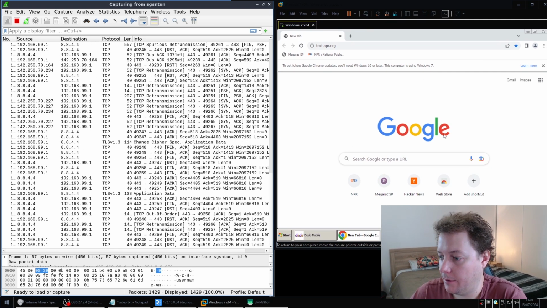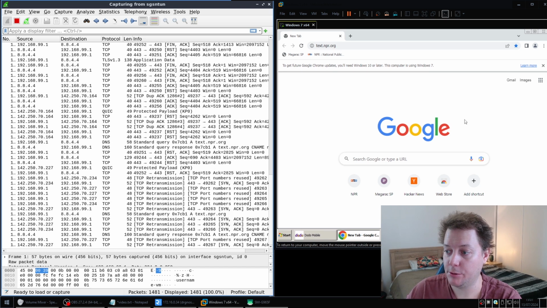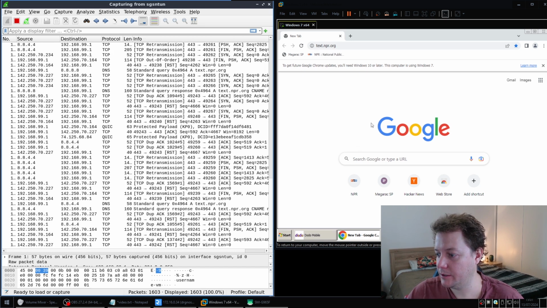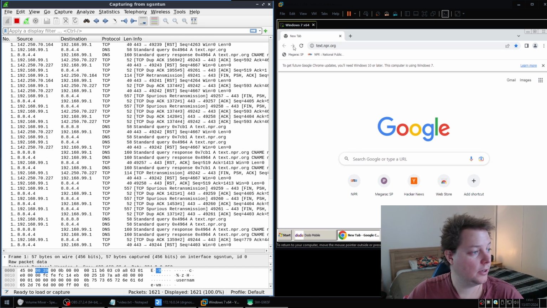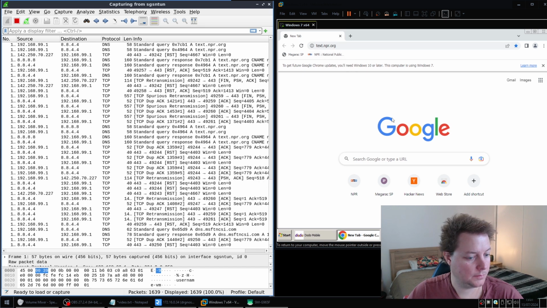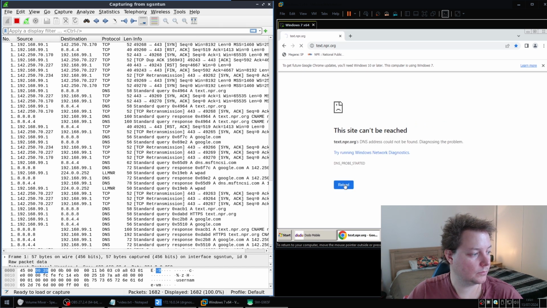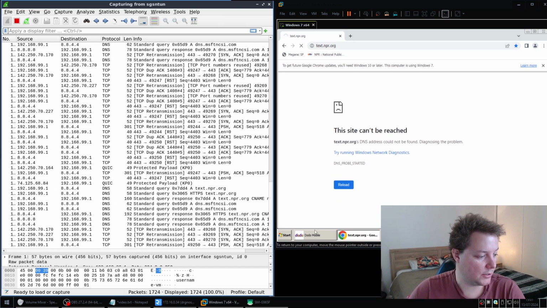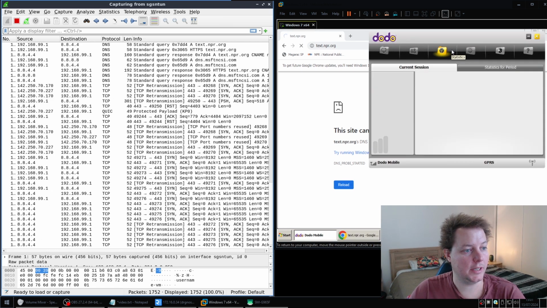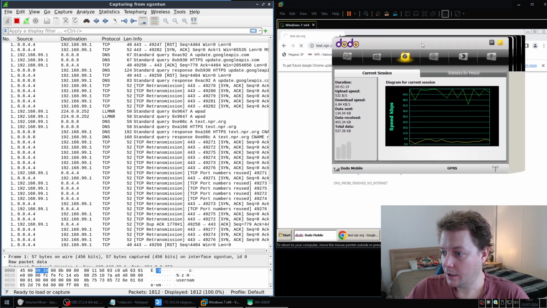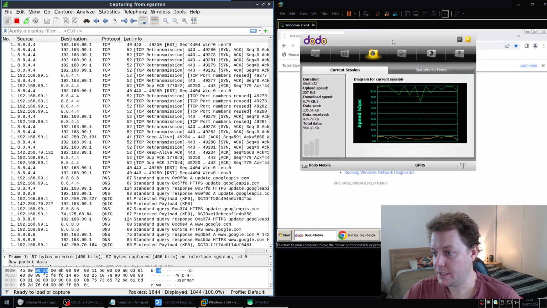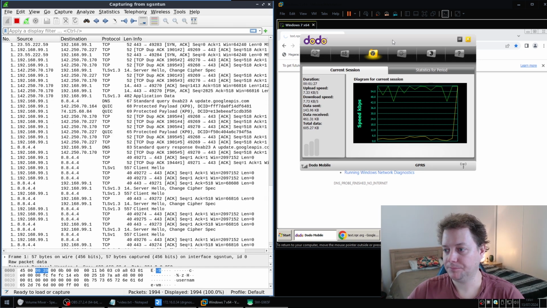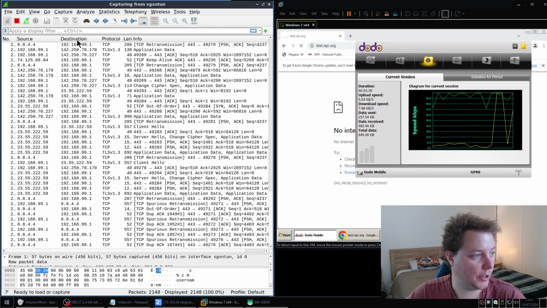I'm going to attempt to go to just a text-only website. NPR, is that like some kind of American news outlet or something like that? I don't know. In the US. So yeah, it doesn't look like that's going to go. Obviously, GPRS is very, very slow. The data rate is incredibly slow. You can see here from the statistics of my 2G modem that it's not exactly the fastest thing on the planet. We got 6 kilobits a second coming down. So, yeah, not sure if this is going to work, but